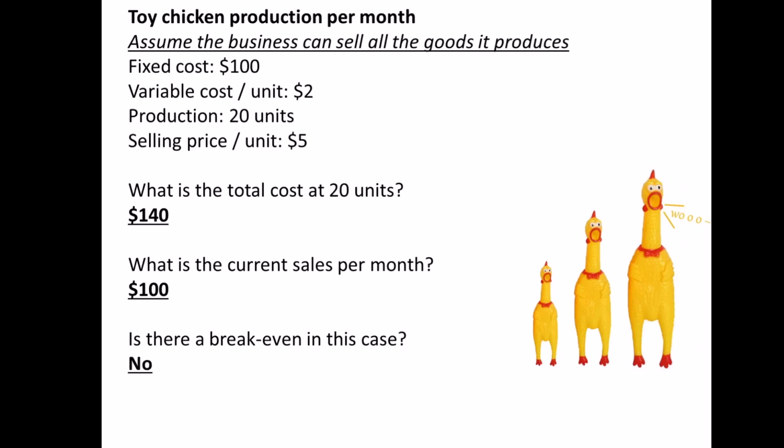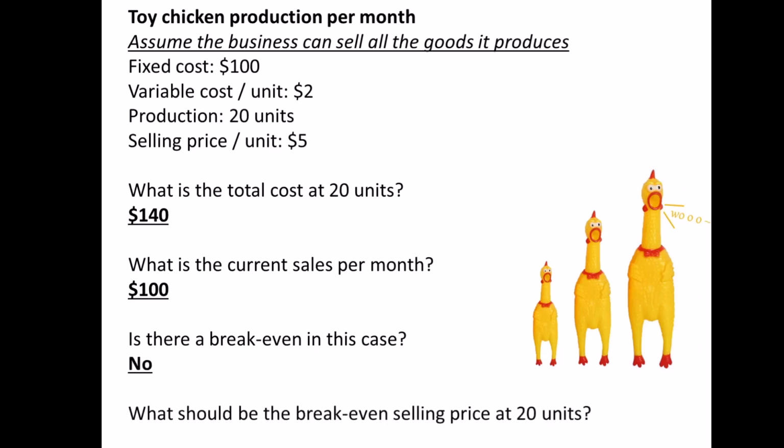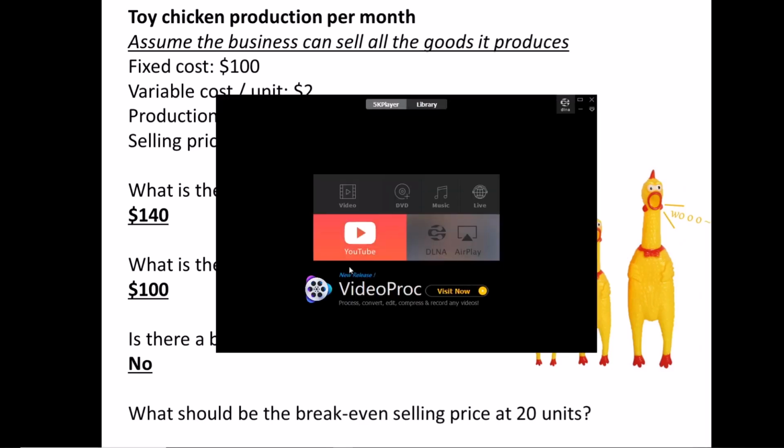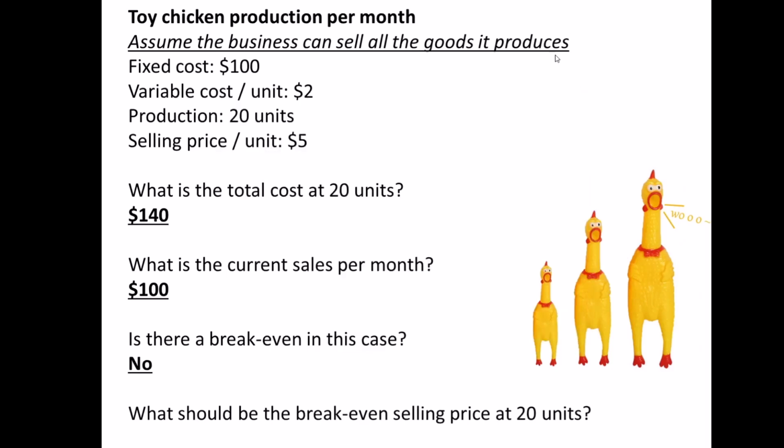So what should be the break-even selling price at 20 units if that's the case? What is the selling price if you have to make it break even at 20 units? $7. Yes, that's what you can find. So this is actually what the break-even analysis is trying to help you with. First you do your analysis, and now you know how you should adjust your business in order to make